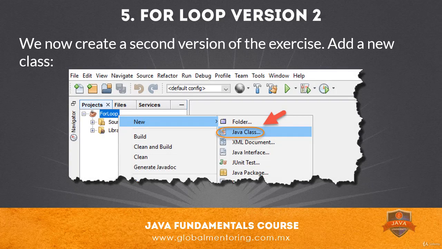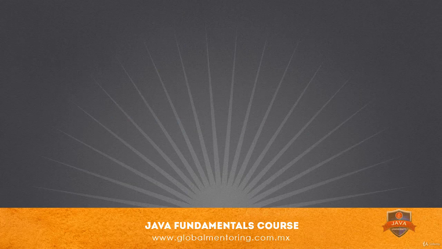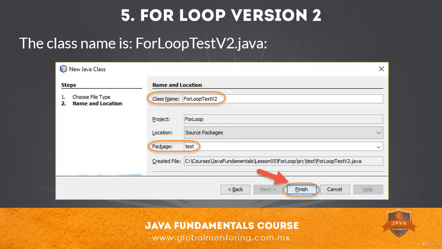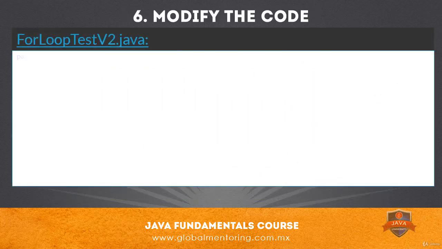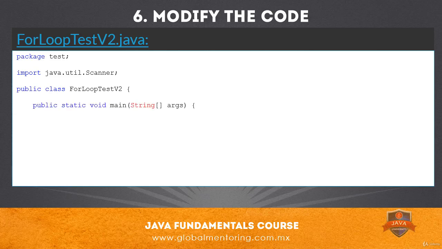We now create a second version of the exercise, add a new class. The class name is ForLoopTestV2 in the same package, the package test, and click on Finish. Modify the code. The package name is test. We import the Scanner class and define the class ForLoopTestV2. We create a main method